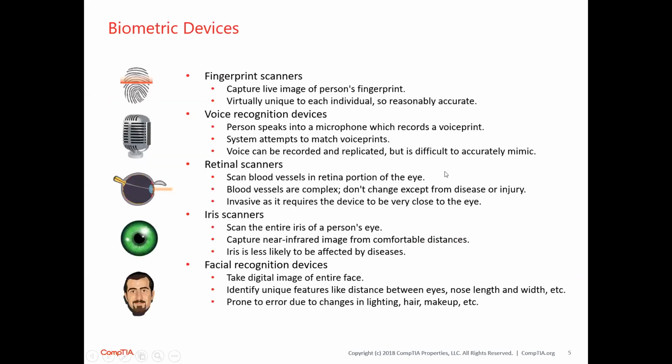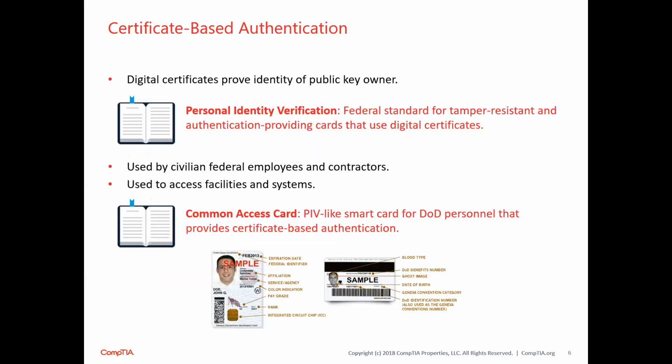Okay, then there are some biometric devices. You should know this one. You should be familiar with fingerprint scanners, voice recognition devices, and retinal scanners that scan the blood vessels in the retina portion of the eye. The iris scanner scans the entire iris of a person's eye. Then facial recognition devices. Some of these are built into your mobile phone, for example, or even your laptop. And you can also use something called certificate-based authentication,